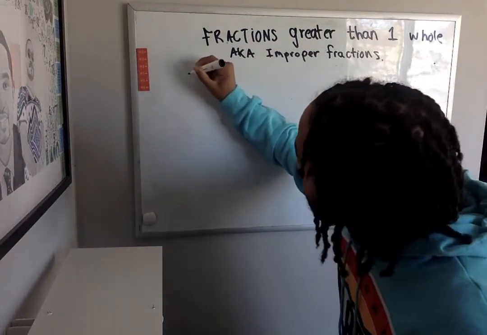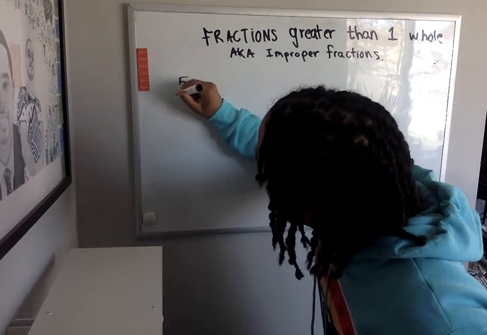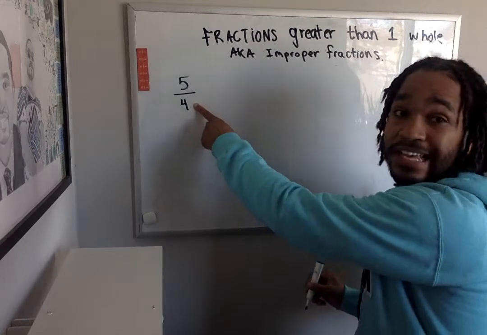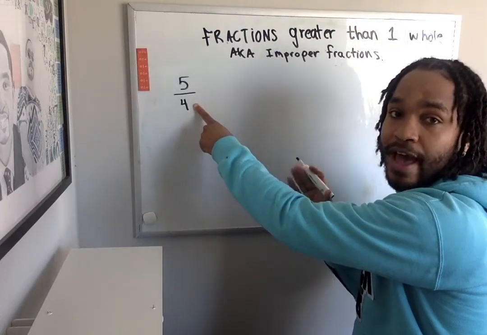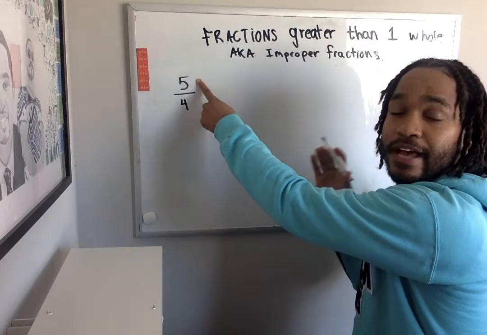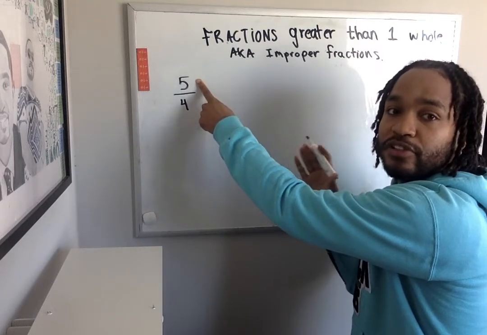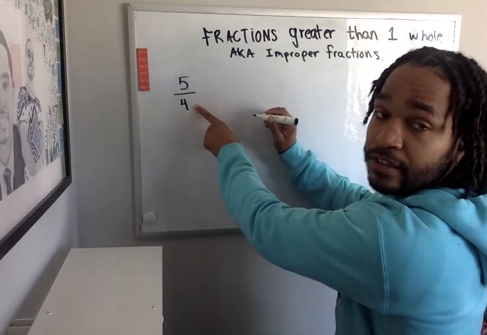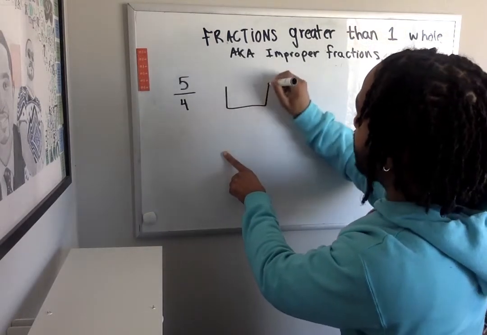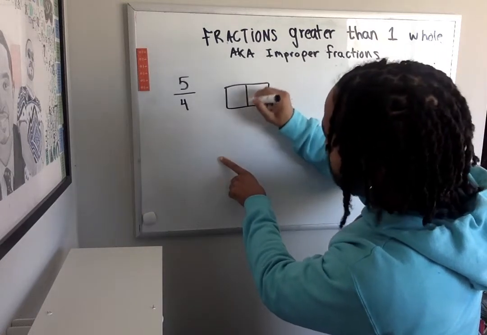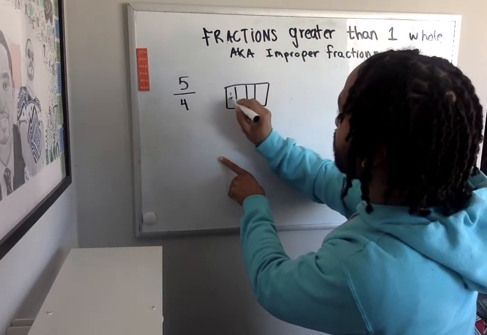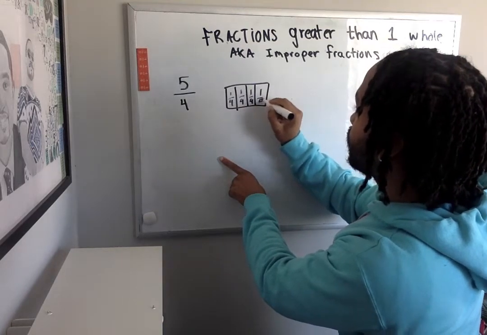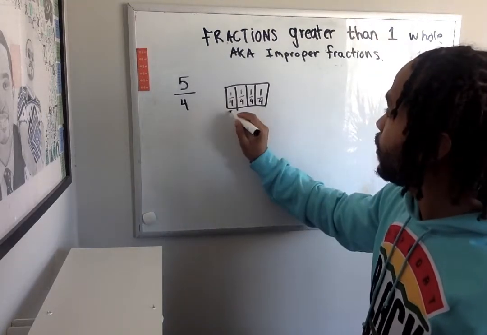So let's say we have 5/4. The denominator tells us how many parts each whole should have. The numerator is telling us how many parts we're focused on, or that might be shaded. So I see that the denominator is 4. I'm going to make one whole, and I'm going to partition it into 4ths. These are all 1/4, 1/4, 1/4. As you can see, I only have 1/4,